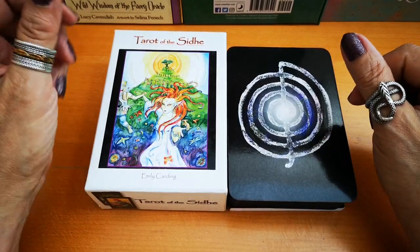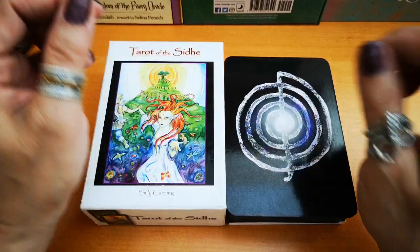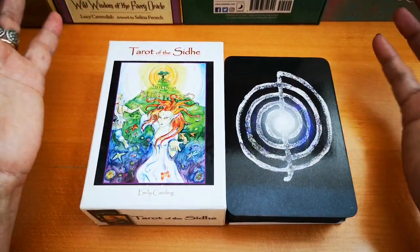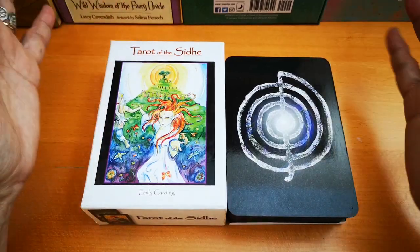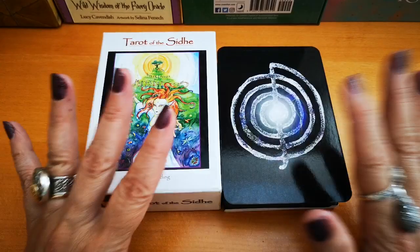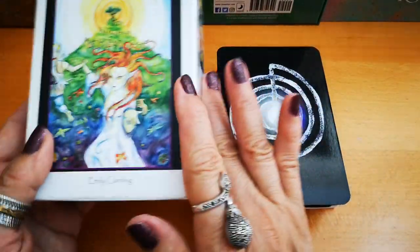Join me today in this video where I'm going to show you all my collection of fairy decks. There are so many, so it might be in 2 parts or might be 3. We'll see how things will go. Let's get started, and I will start with this very beautiful deck, the Tarot of the Sidhe by Emily